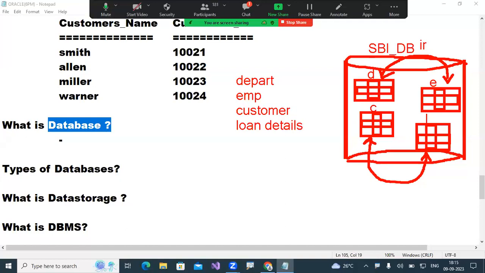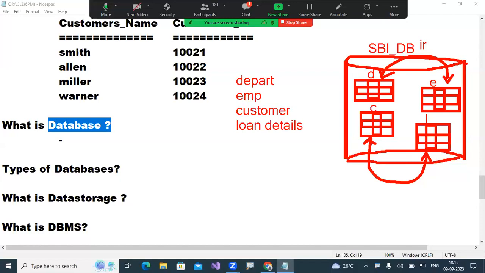That's why, as per this diagram, database is nothing but a collection of interrelated information which belongs to a company, an organization, or a particular business, whatever it is. So you need to keep your data like this.